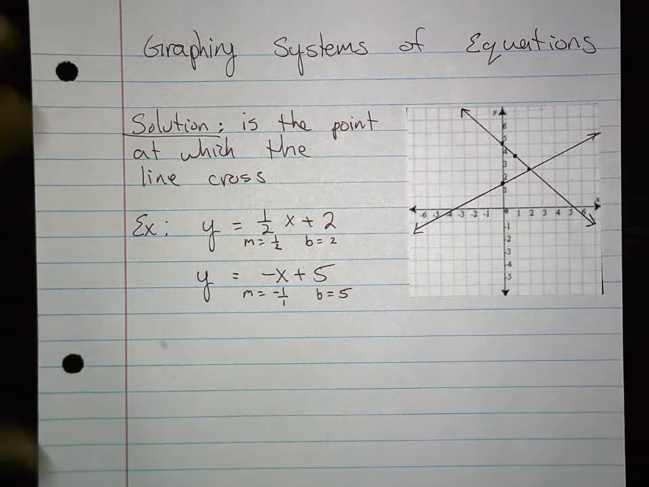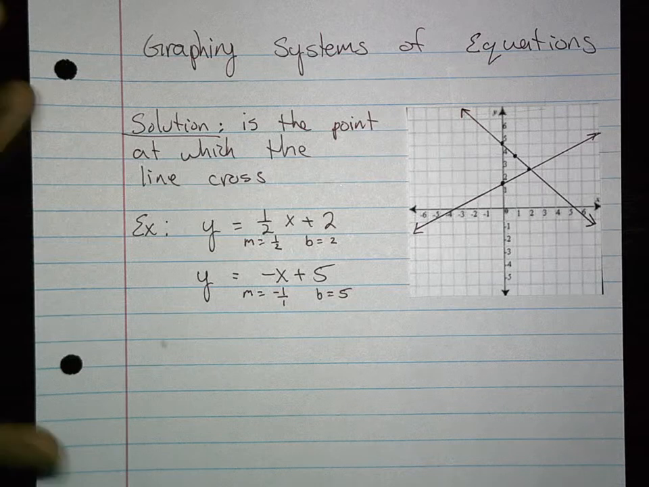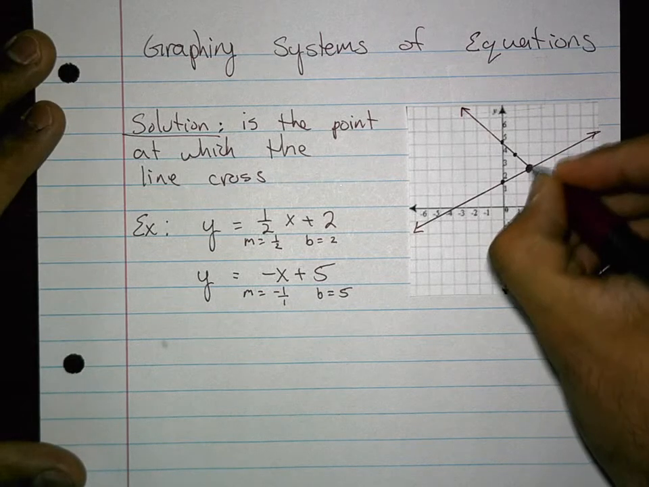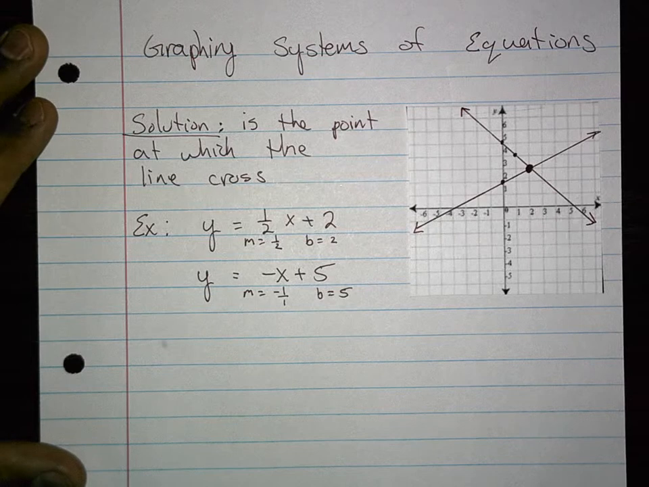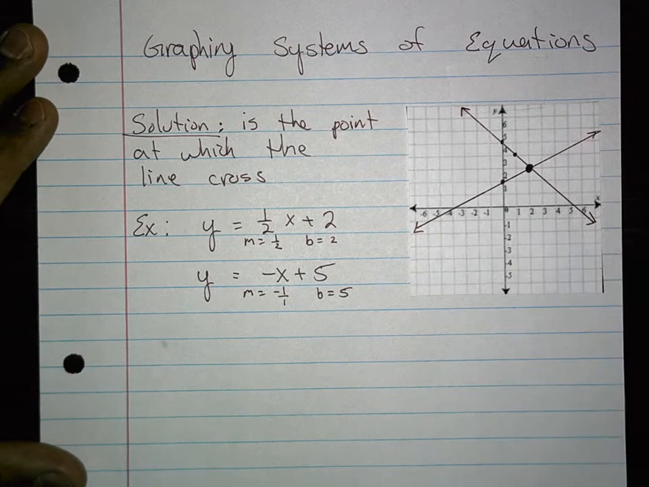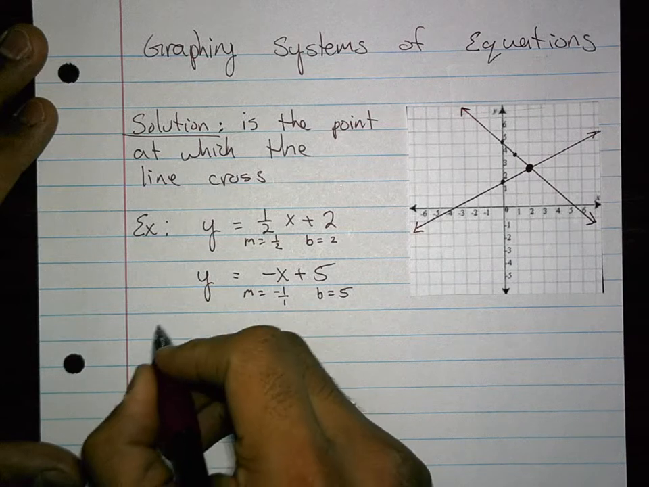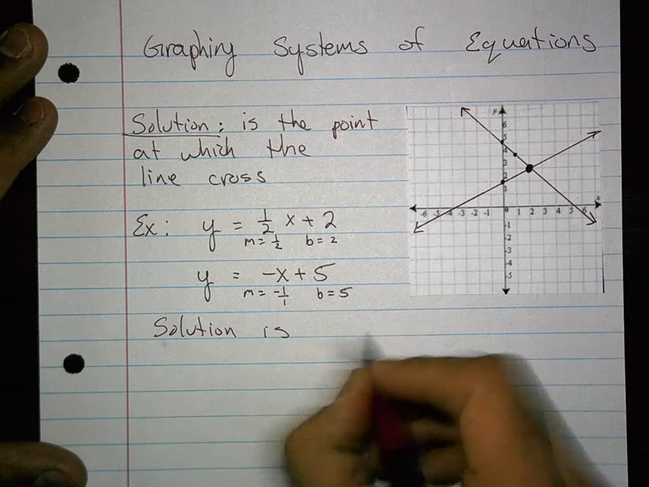So now I've graphed two linear equations, and I need to actually find the solution. That's where the lines cross. So I just look at the graph and I see that it's right there. That's my solution. I have to realize that it is actually a coordinate point. So I'm going to look, and remember, I go over 2 on the x-axis and 3 on the y-axis. So my solution is the coordinate point